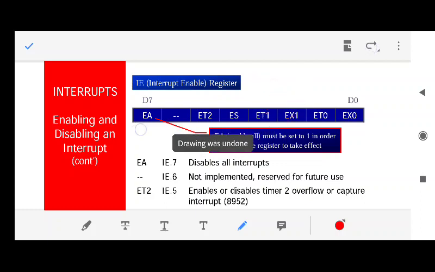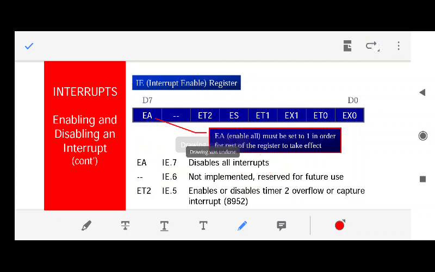The first bit is EA, which stands for enable all the interrupts. Whenever this is 1, all the interrupts are enabled, and whenever this is 0, then it will check which interrupt is enabled or which interrupt is disabled.